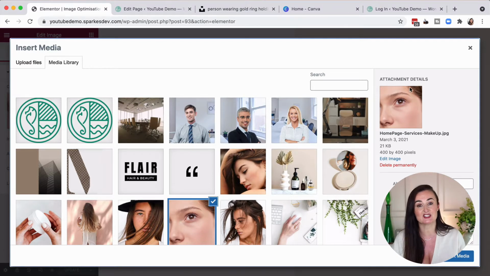And here over in attachment details, we can see the size of the image, so 400 pixels by 400 pixels. I can also see that it is a square, and that it's a JPEG as well. So if you were still not sure which file type to use, then just match the one that your developer uploaded or that was included in the template.